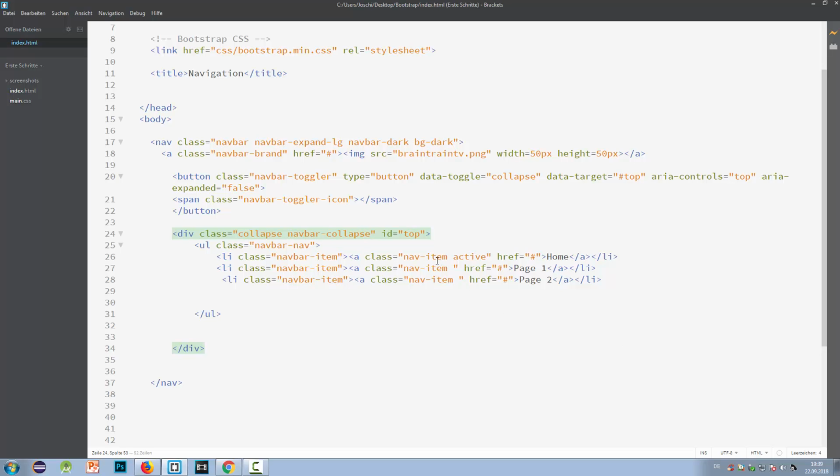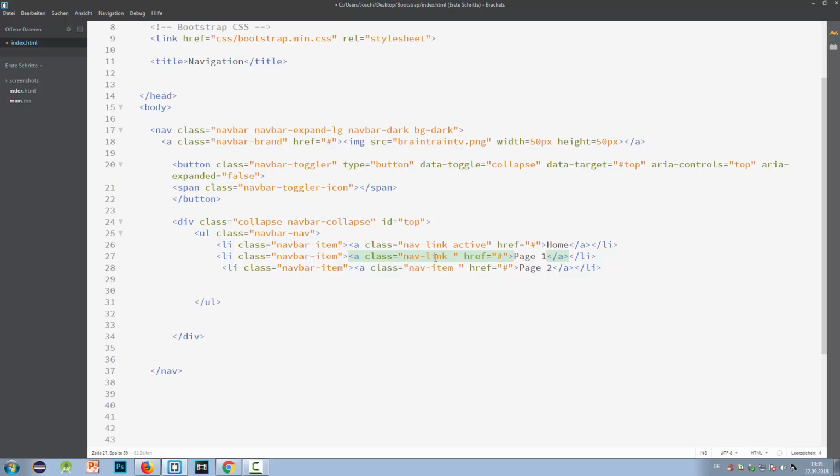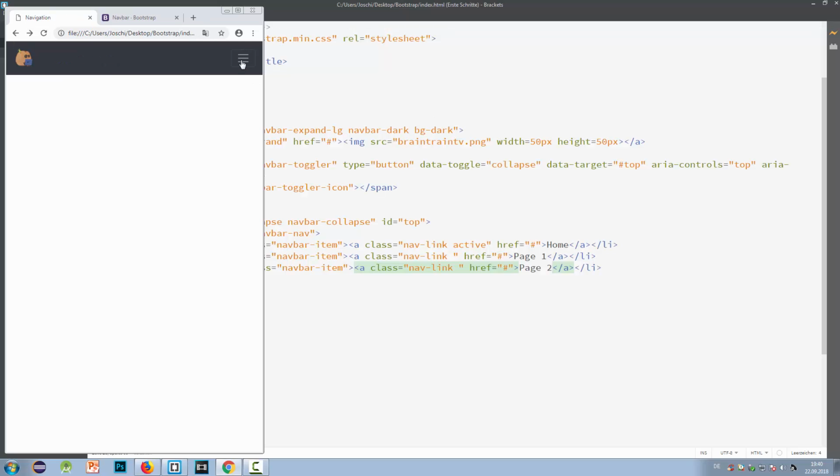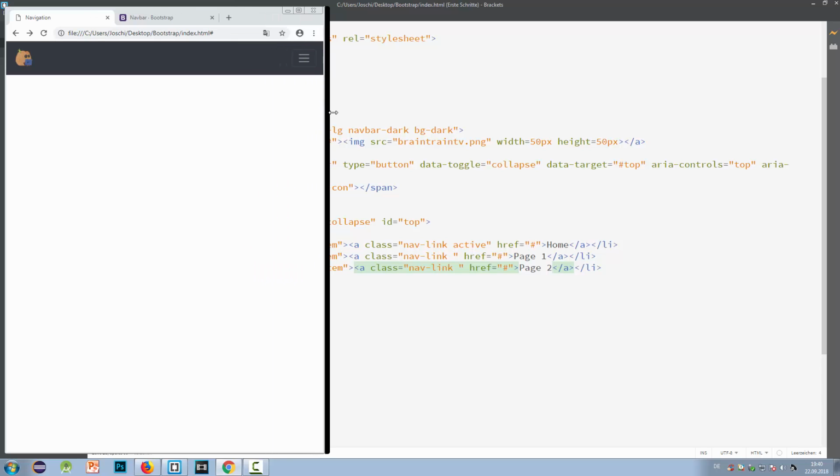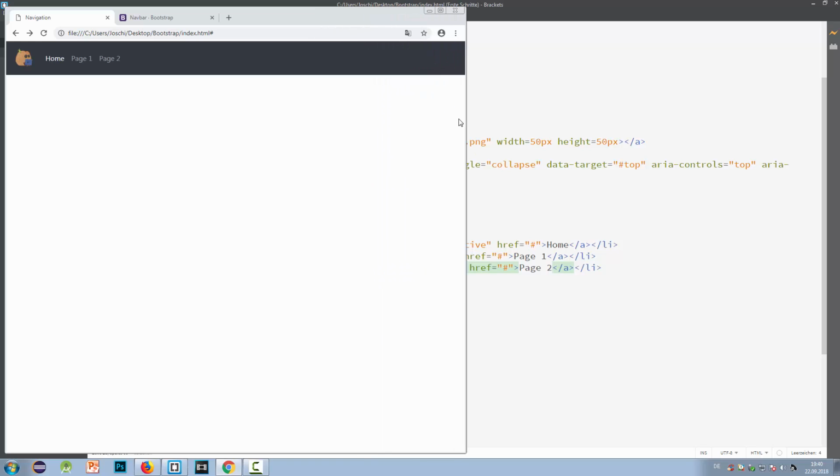So it's very simple. We just need to use here navbar link, and in all those a tags I used item, which you will use by the list tag and not by the a tag. So I saved this one, and now it looks very great. And as you can see, the home button is active, so it shines, or it is just white. And now we are going to look at our mobile navigation, and you can see it works very well. So we have LG, and if we hit the size, boom, the normal navigation